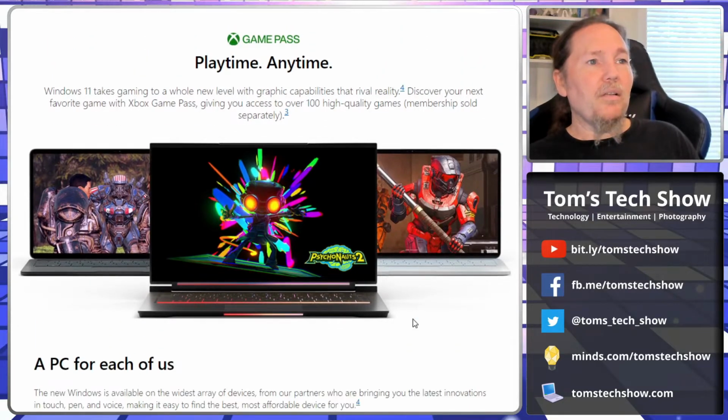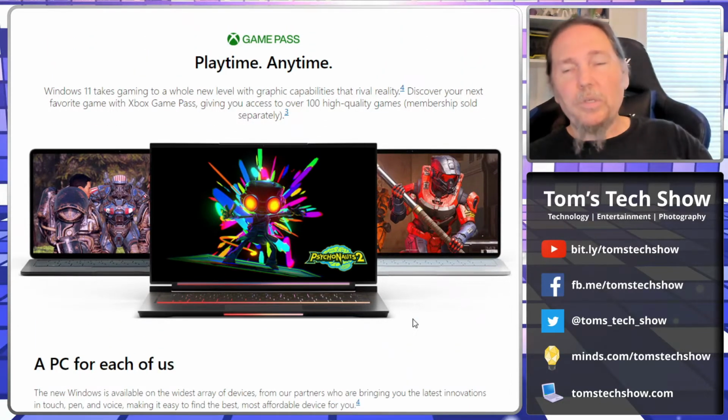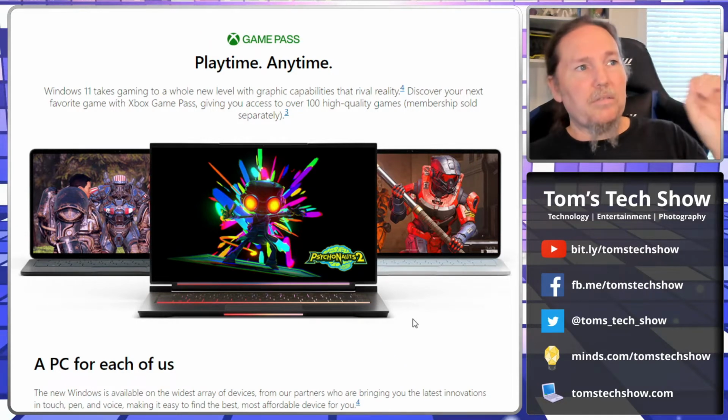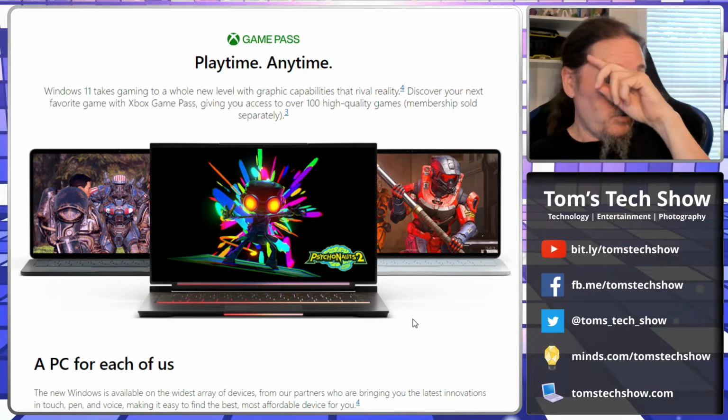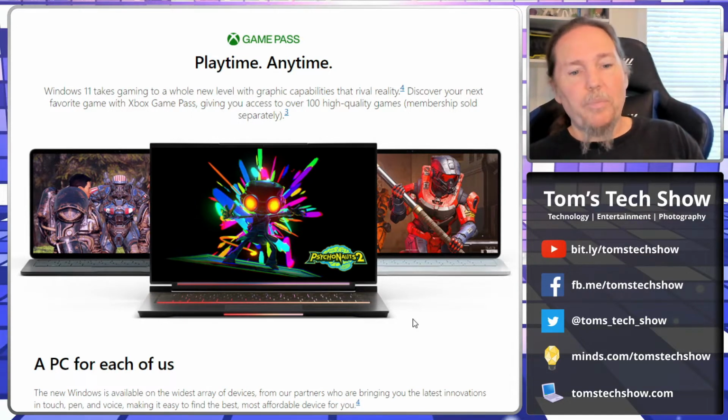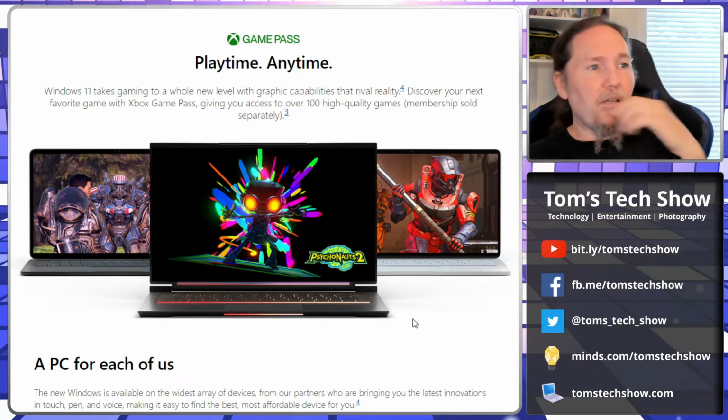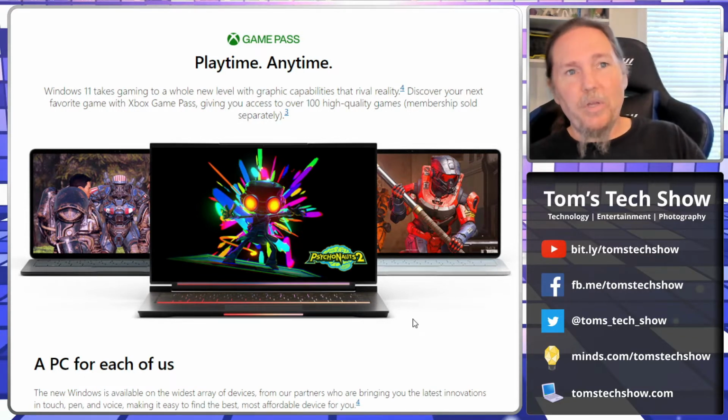So this is going to be kind of a thorn in the side for gamers, especially gamers that build their own PCs, because of the TPM module thing.